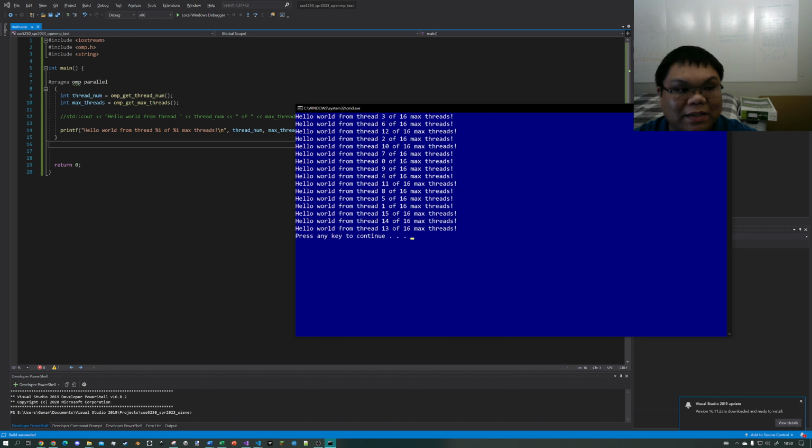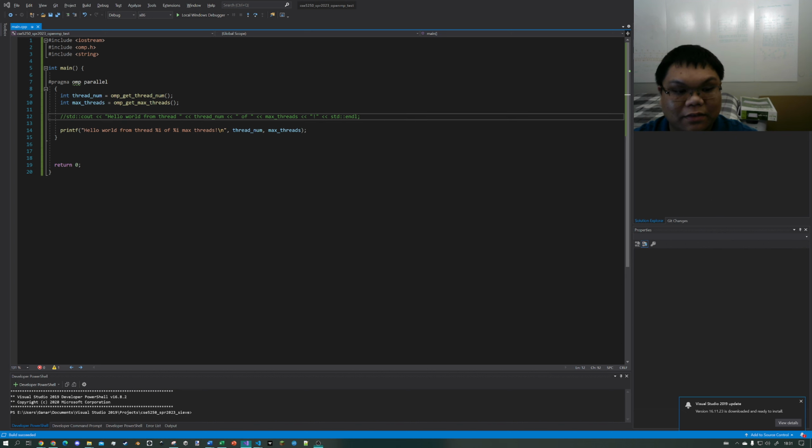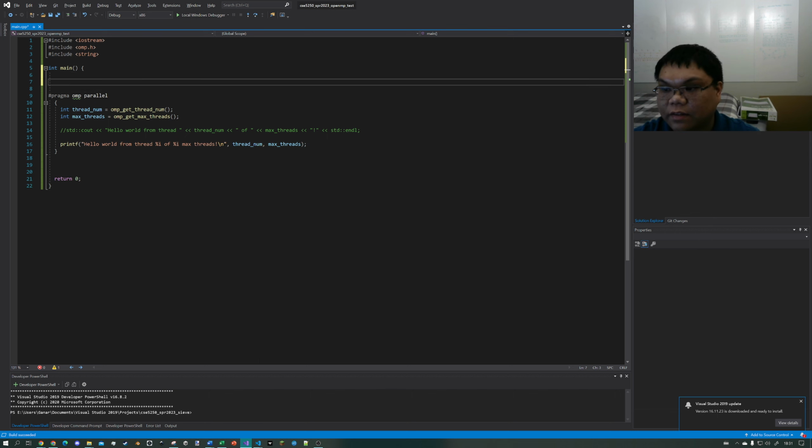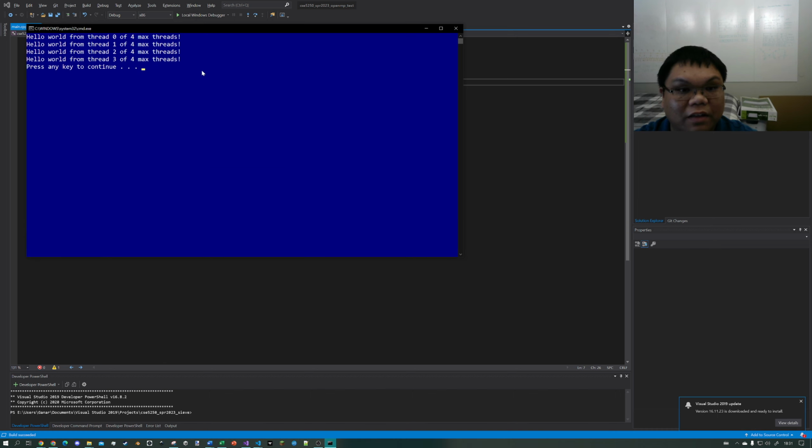Thing is, we can actually specify the number of threads that we want to use. So that would look like this. So we add in this function here, set num threads. Let's type in say 4. Then if I run, I should only get 4 threads, and therefore 4 hello